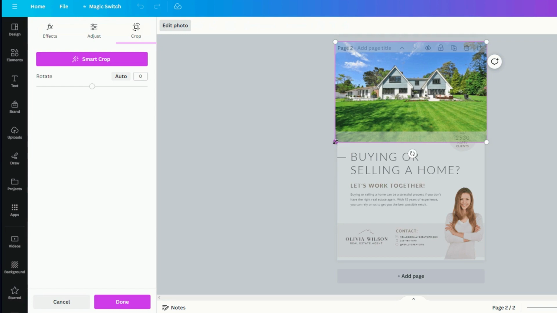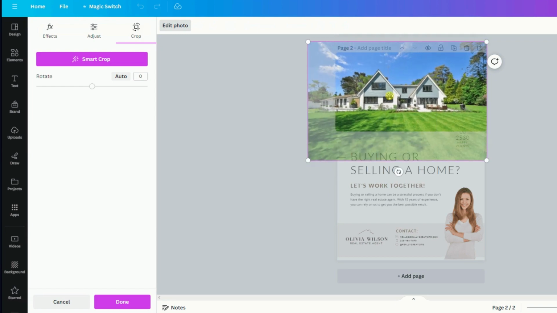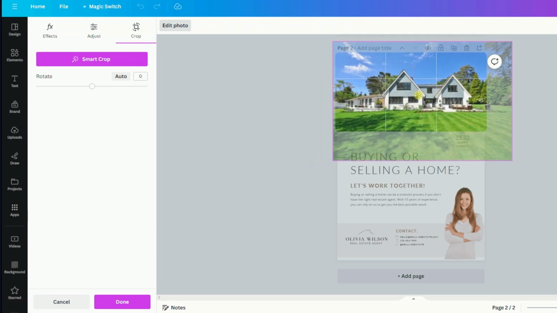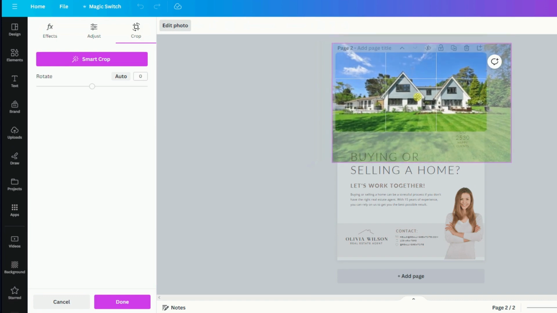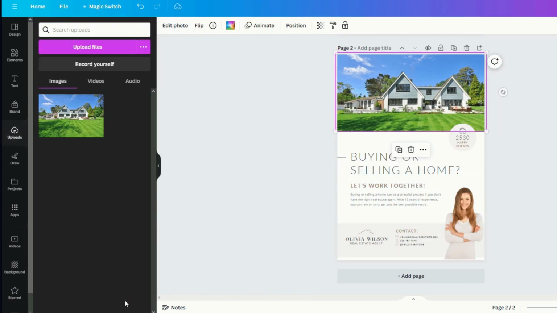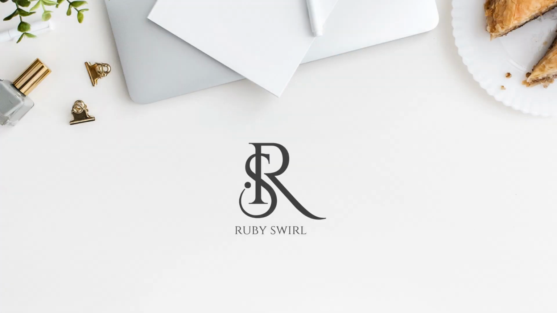This action opens up a world of possibilities, allowing you to scale and reposition your image until it aligns flawlessly with your creative vision. With this newfound knowledge, you're poised to elevate your Canva designs with your